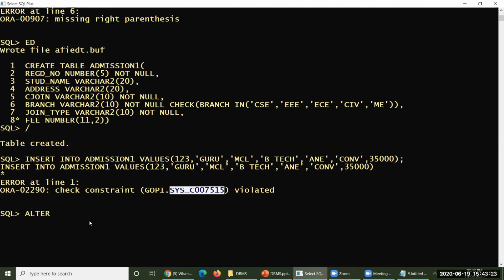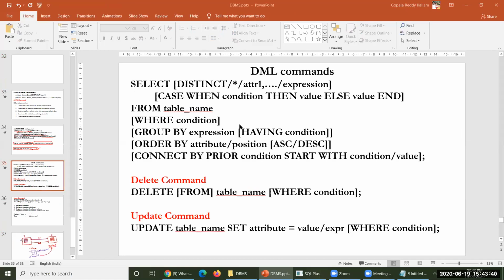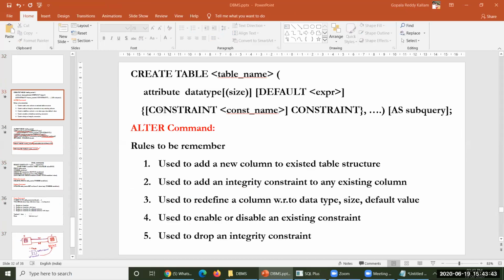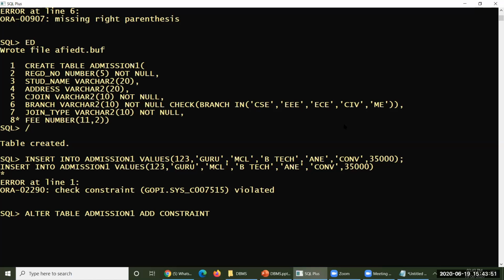Now let me create my own. Alter table, table name is admission1. I'd like to add a new constraint to the fee. Add constraint. My constraint name is ADM1 underscore fee underscore CHK, check.